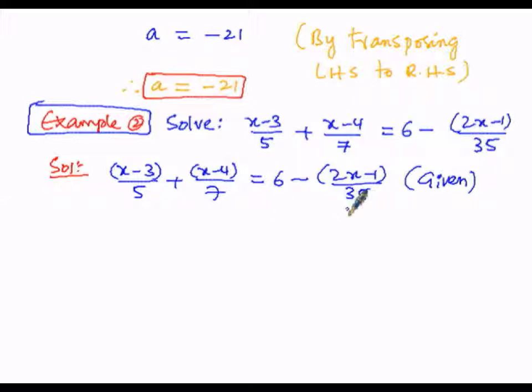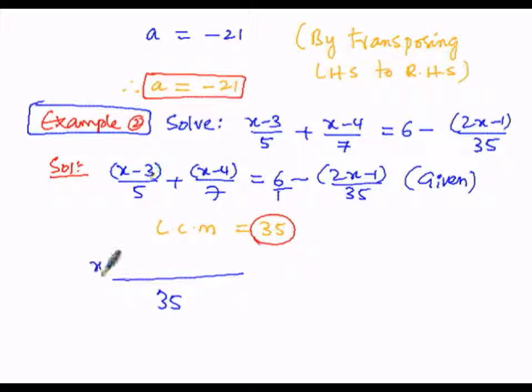By taking the LCM on the LHS, 5 into 7 is 35, so the LCM is 35 on the LHS. Here the LCM on both sides is 35; the right side we can write as 1 and 35, whose LCM is 35, and for 5 and 7 the LCM is also 35. Overall, the LCM on both sides is equal to 35. So now the LCM is 35.